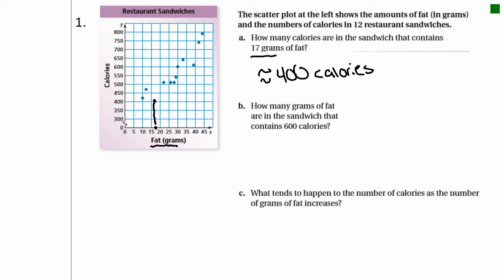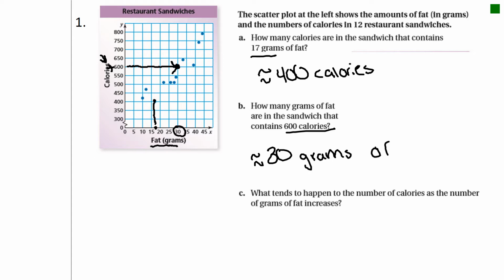How many grams of fat are in a sandwich that has 600 calories? Since we're looking at calories, I'm going to this time go to the y-axis and find where 600 is. Here's 600, and see if I can find a data point on that y-axis that has 600. And I do, this point right here, which is 30 grams of fat. Approximately 30